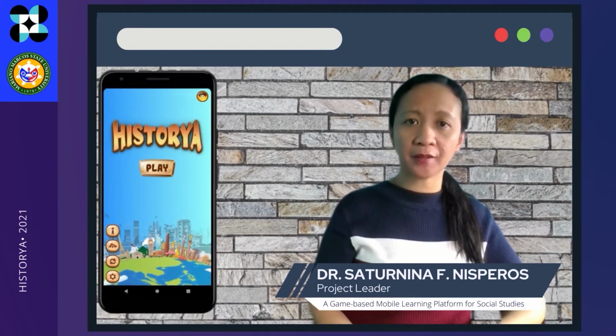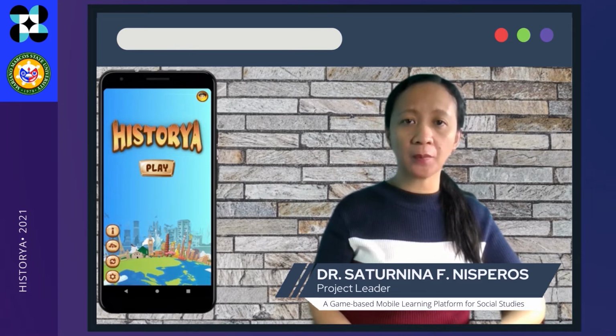Historia aims to benefit the students and teachers and the educational system of the Philippines in general by pioneering a game-based mobile learning platform and introducing it as another flexible approach in teaching the Araling Panlipunan or AP subject. By integrating the reward and challenge aspect of the game, the students will be learning the AP subject in a fun